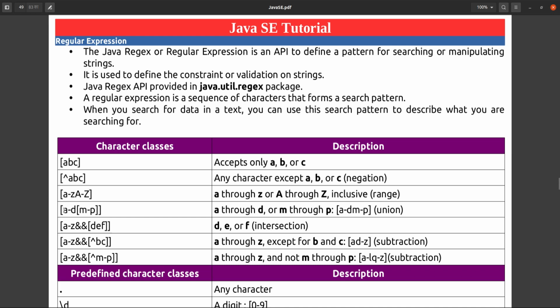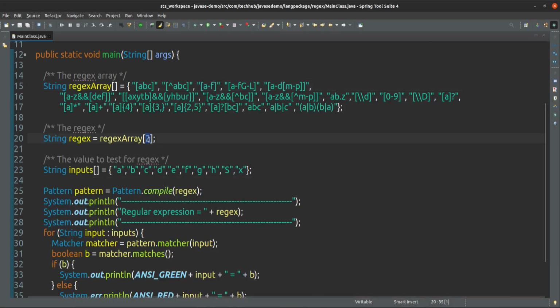And here we have defined the range for both uppercase and lowercase; that also we can define. Suppose in the third one we have defined the range for both, a to f and G to L. Suppose G, H, I, J, K and L, it will accept.